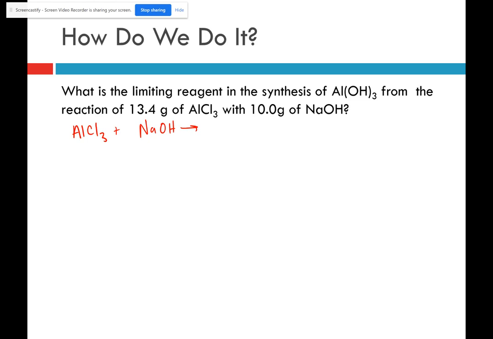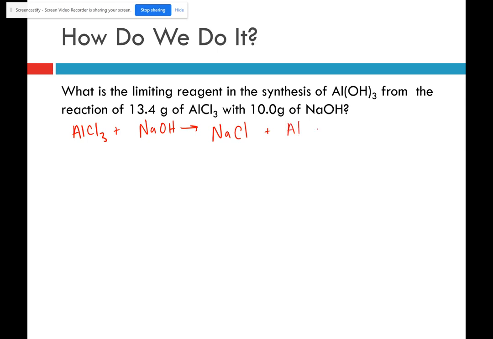So these guys are going to switch places. We're going to have sodium now with chlorine. Whatever is first is now with last. Sodium has a charge of +1, chlorine has a charge of -1. So if we crisscross those, it stays the same. 1 and 1. Plus